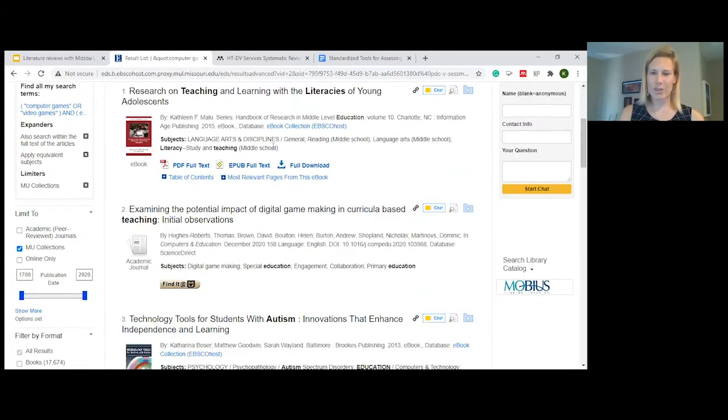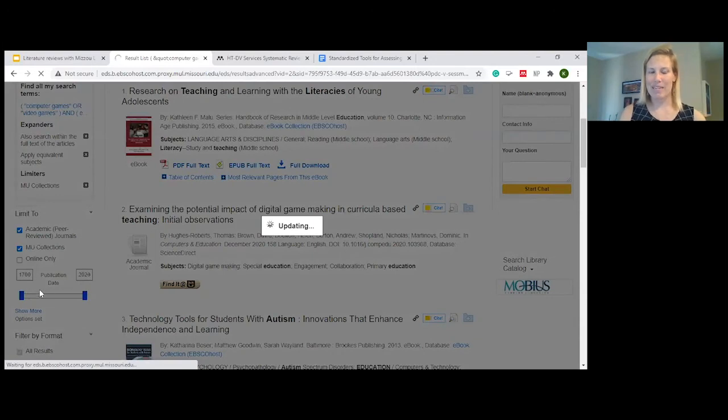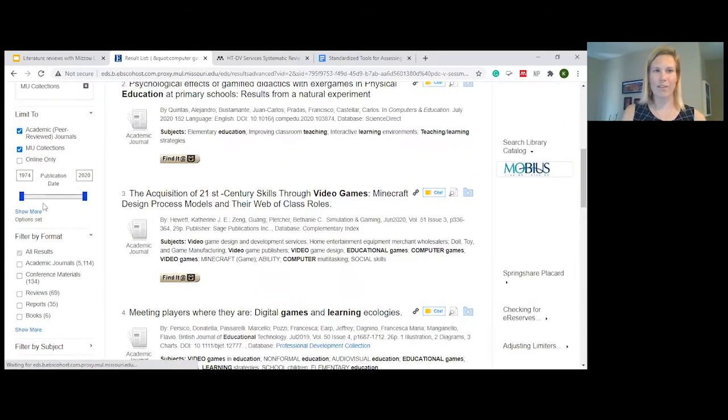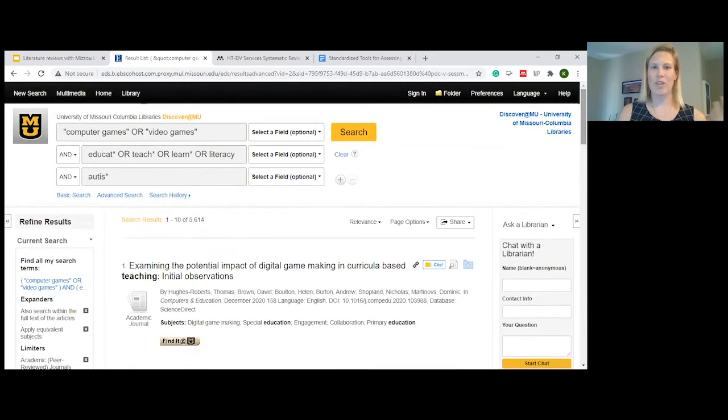Other tricks that are usually used and then mentioned in a methodology section would be limiting to peer review. You can limit by date. That's an option here. My computer's a little slow, so I might not go through all of those, but you can use a lot of different limiters on these sites. Just remember that once you run your search, if you want it to be recreatable, you want to take very careful notes. So when you write it up, someone could follow along the process that you took.